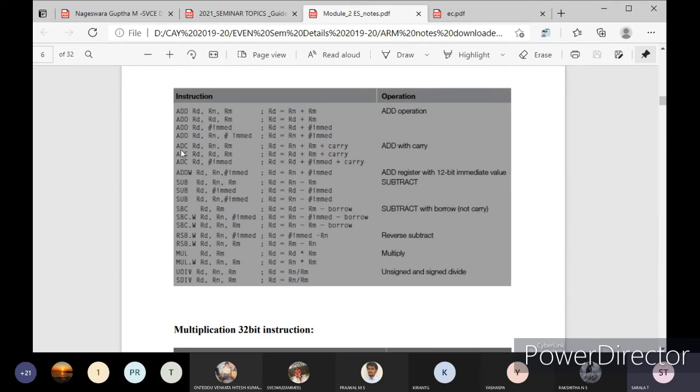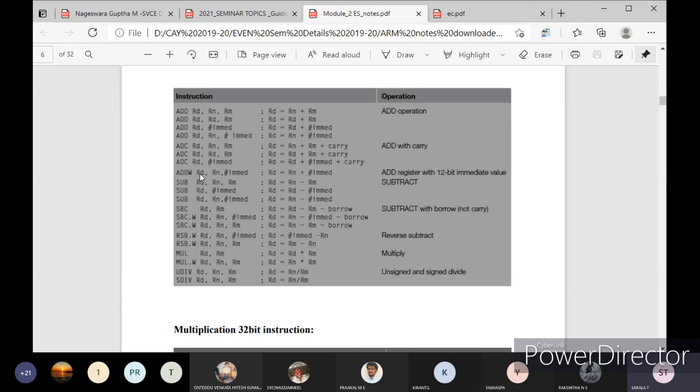Then there is ADC, which represents add with carry. The carry flag will be taken and you will add Rn plus Rm plus carry and store it in the destination. In the same way, Rd plus Rm plus carry to the destination register, and immediate value plus Rd plus carry into the destination register.